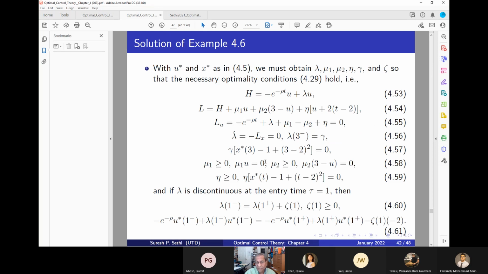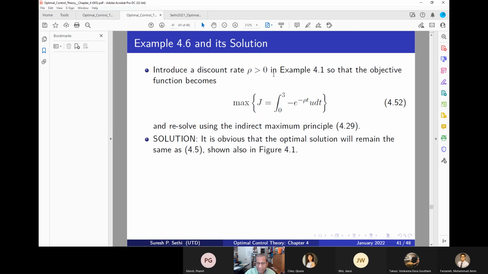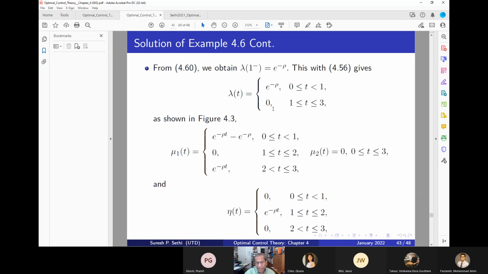So I use now the indirect maximum principle conditions, which using the box, we need to put all of those conditions one by one. And we need to put some conditions at the entry time, which are the jump condition on lambda and the Hamiltonian. And by the way, if the discount rate is bigger than 0, that's not going to change the control. So the control will remain identically the same as before, and we can basically solve the problem